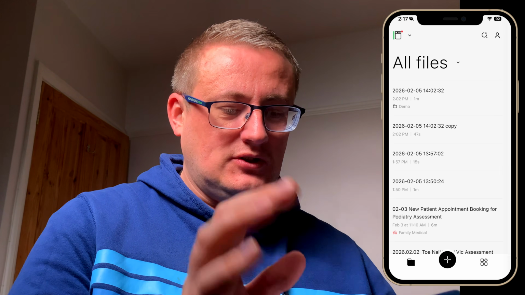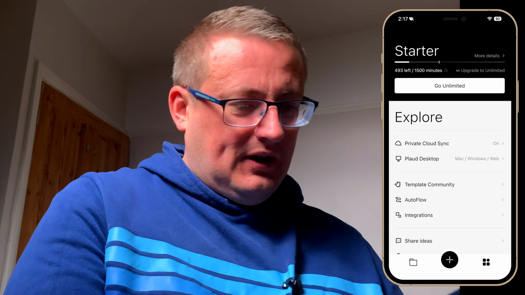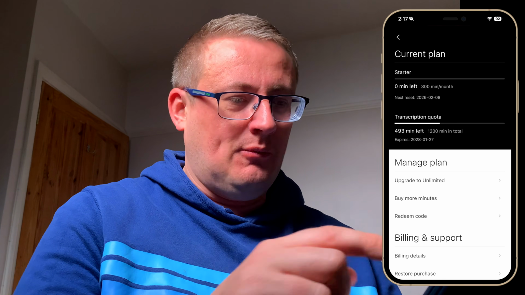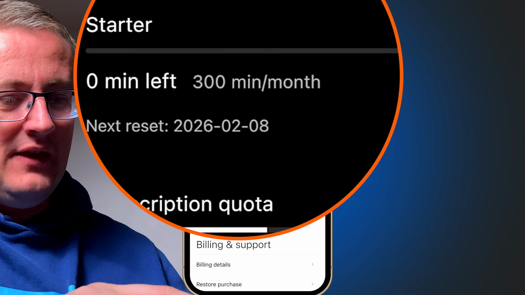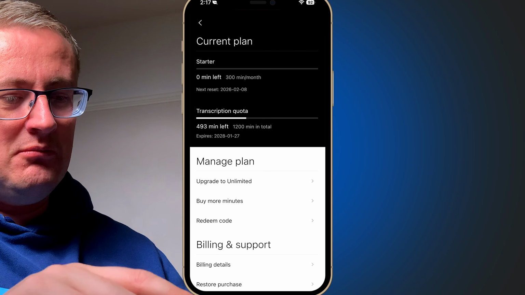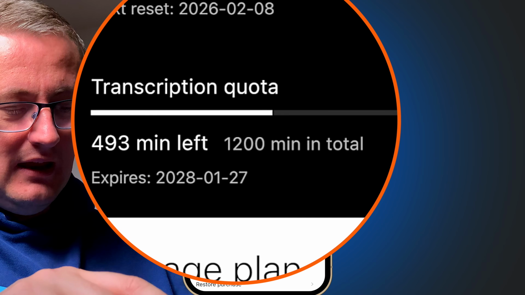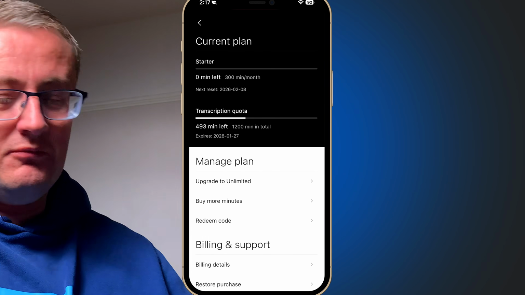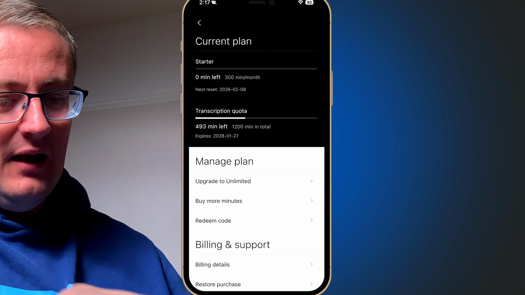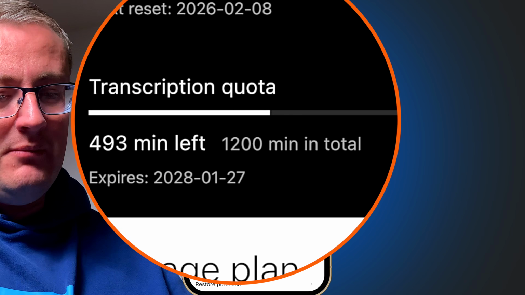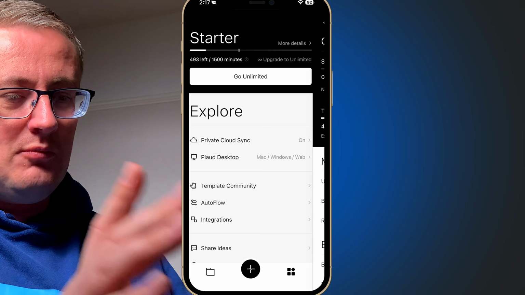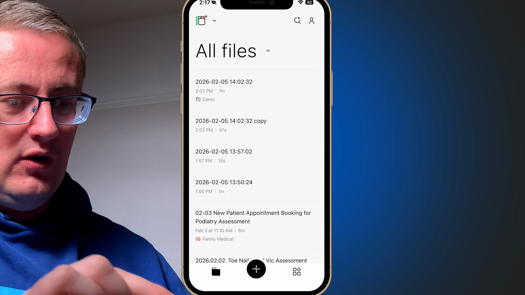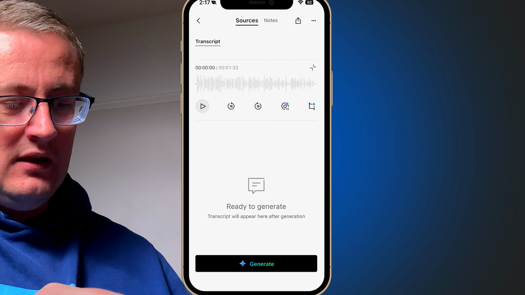So actually, if I just show you my minutes here, mine's a bit confusing because I've been doing top up stuff, but yeah, you get 300 minutes a month, and then you can buy top up minutes which don't cost very much, or you can choose a plan if you prefer. So you can see there mine's 493 minutes left, so that's what I've got before I generate this file. So what we're going to do is click generate,